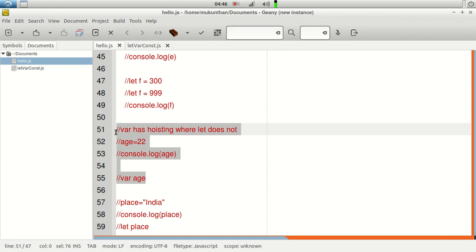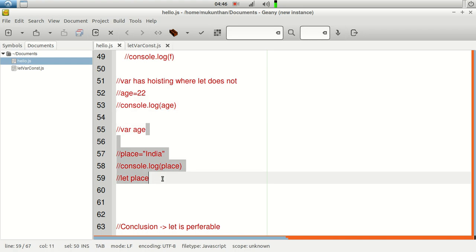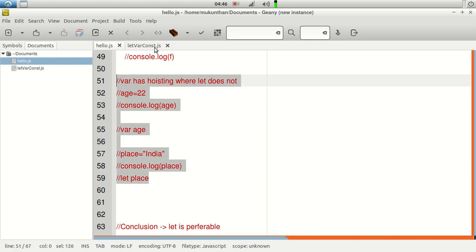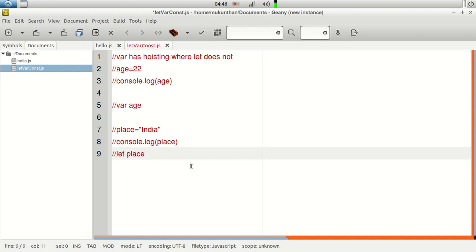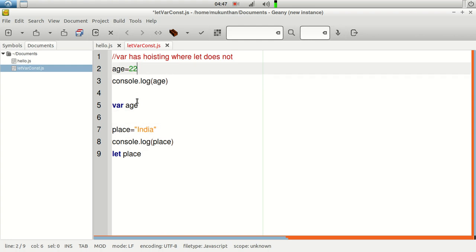And the next one is variable hoisting. So what is variable hoisting, that we will be seeing here. This is also another interesting concept. Here you can see we have declared the variable even after using it, or in other words, the declaration comes at a later stage, but we have used the variable already. Line number 5 is the place where I am declaring the variable with the var keyword, and I am using the variable in line number 2, which means that when I come to line number 2 I don't have any declaration of the age variable, right?